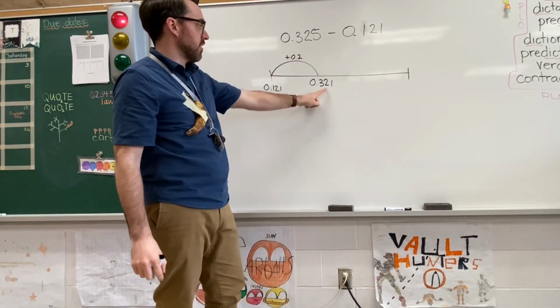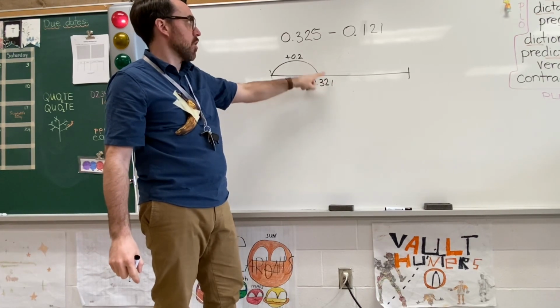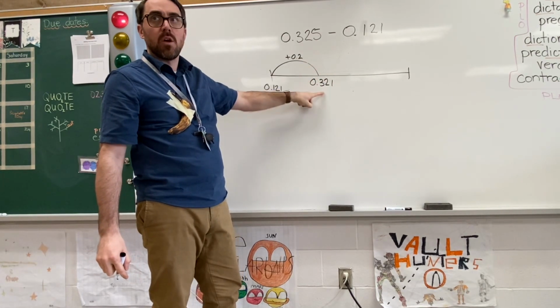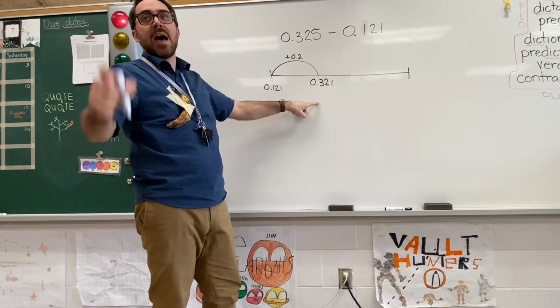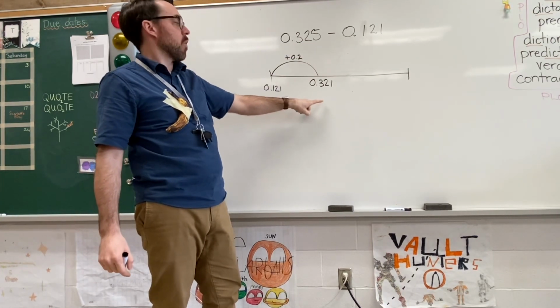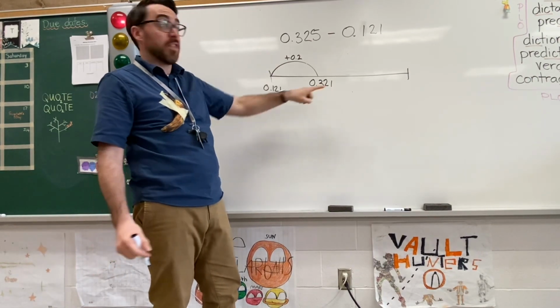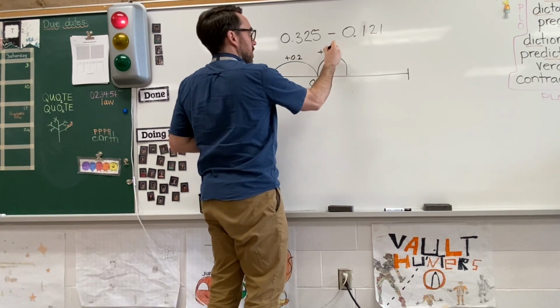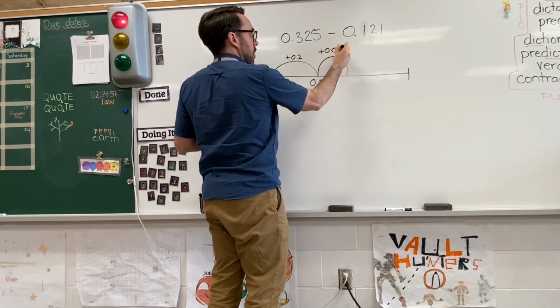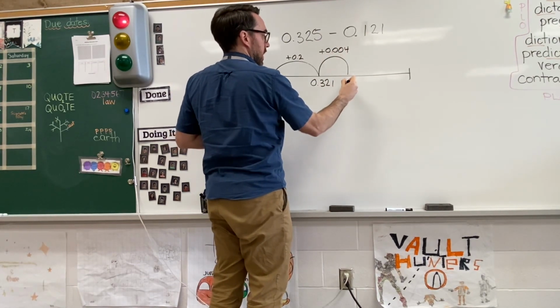What do I have to add to this to get to here? They look very similar. What do I have to add? In the back? 4 thousandths, okay? No, it's 0.004. So plus 0.004, it looks like this, right? 0, 0, 4, it's just that there, okay? Gives me